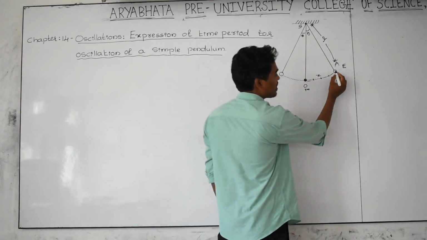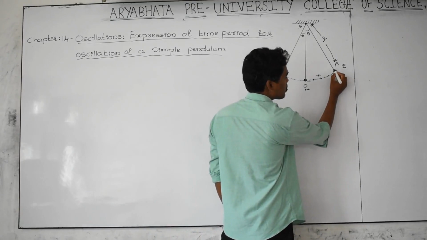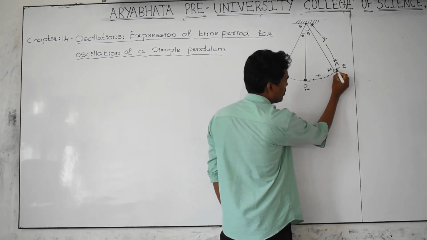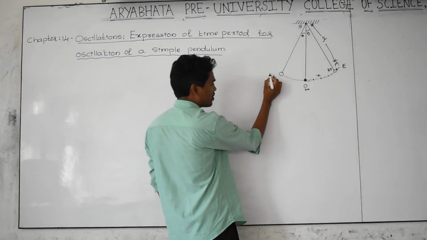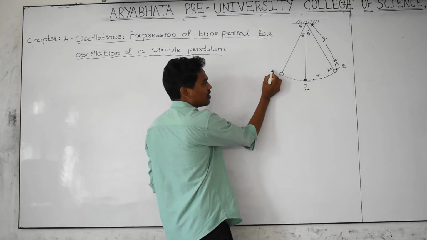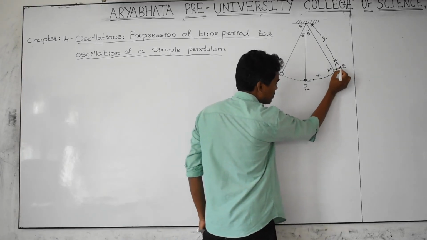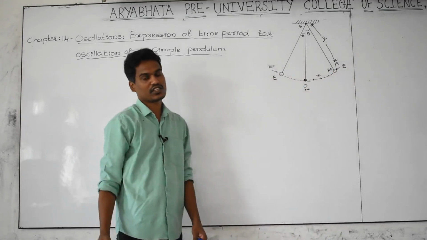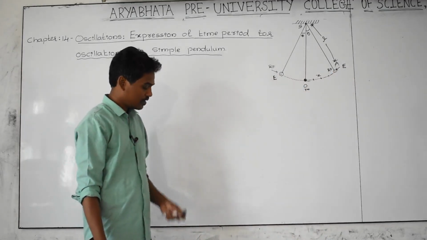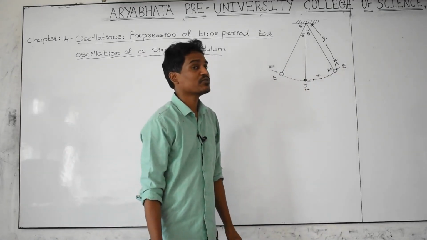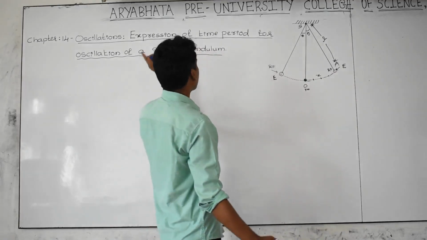Whenever the object is at an extreme position, the restoring force is acting on the body. Which force? The restoring force. Now the body is coming to this point. Again, when the body is at this point, the restoring force is acting in this direction. The same goes on continuously. What is the time taken by the body to complete one oscillation? We have to find out. There is an equation, and that equation we have to derive now.